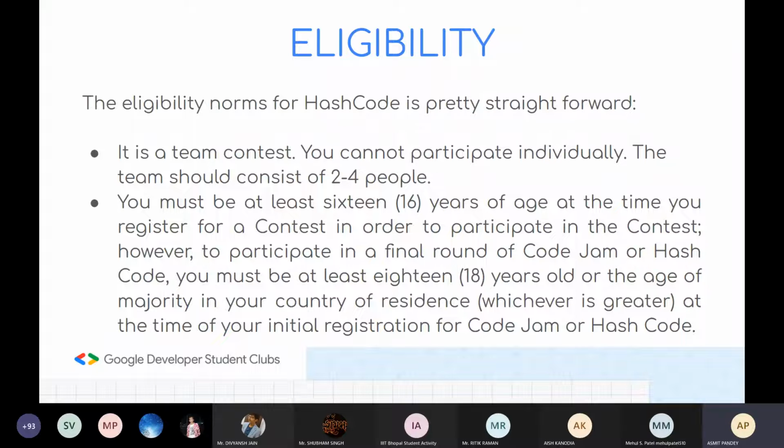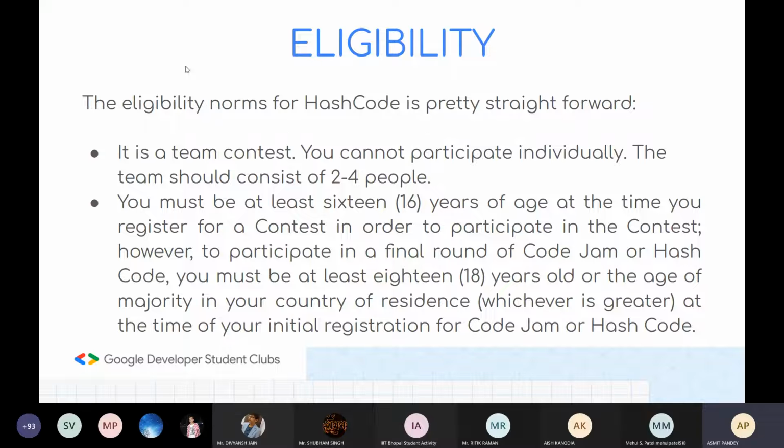So जैसे कि अगर हमें सिर्फ ऑनलाइन क्वालिफिकेशन राउंड में वो रजिस्टर करना है, तो हमारी जो एज होनी चाहिए वो मिनिमम 16 ईयर्स होना मैंडेटरी है। अगर हम 16 से कम है तो हम जो ऑनलाइन क्वालिफिकेशन राउंड है उसके लिए हम लोग रजिस्टर नहीं कर सकते। और जो हमारा वर्ल्ड फाइनल्स है उसके लिए एकदम सिंपल है कि हमारी एज 18 होनी चाहिए, क्योंकि एज इंडियंस एज ऑफ मेजॉरिटी भी 18 होती है। इसलिए हमारी एज अगर 18 होगी, सो वी आर क्वालिफाइड to take part